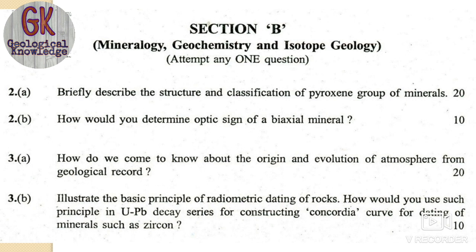And question number 3b, you have to illustrate the basic principle of radiometric dating of rocks and how would you use such principle in uranium lead decay series for constructing Concordia curve for dating minerals such as zircon. Okay, so you have to discuss the Concordia diagram for the uranium lead decay series, and you have also to illustrate the basic principle behind the radiometric dating of the rocks. Okay,